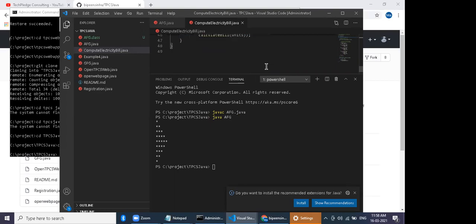So if your electricity unit is 250, then it is going to calculate some price for you.